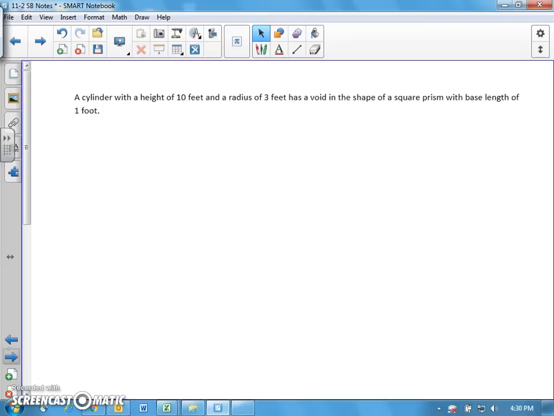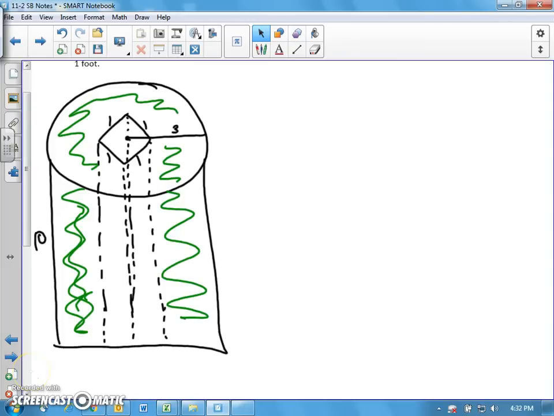Alright, so let's look at this next one. I want you to stop the video and try to sketch this on your own. Then start the video again and see how well you did. Make sure that you label everything. Hopefully you have something that looks roughly like this. I did my square prism, the base of it kind of at an angle so you can see the part